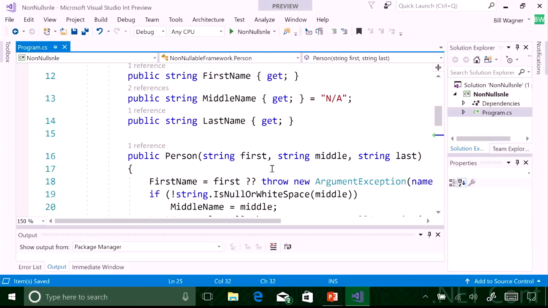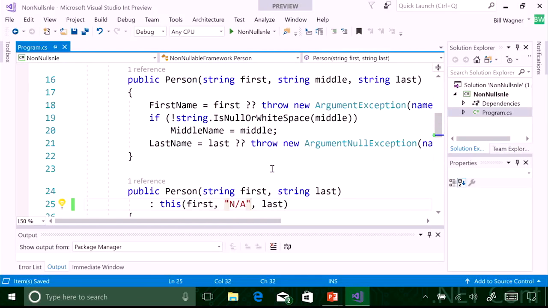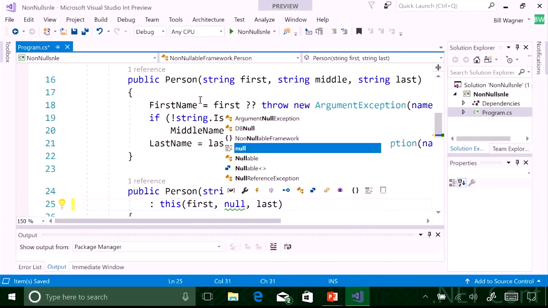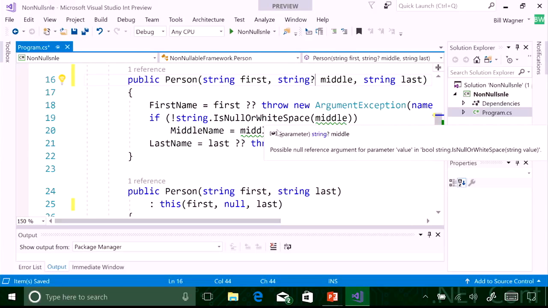I made some modifications to this, which is all of 45 lines, including some of the white space. And we could look at it and prove that null can't get in. But as soon as I make one change, now I am going to start to see I can't convert null to a non-nullable reference. Okay, well now I have to start making a few changes. I put a question mark there. Okay, and if you note, now I've gotten rid of most of these because